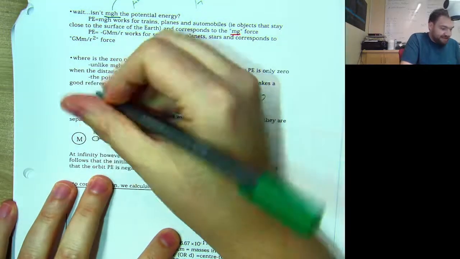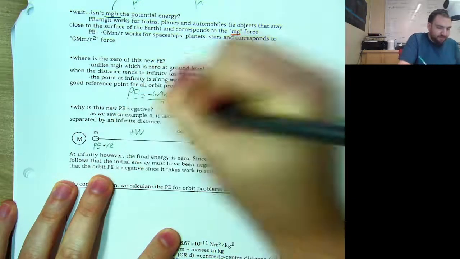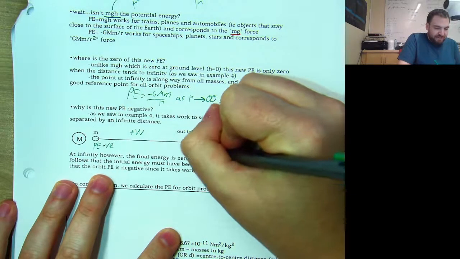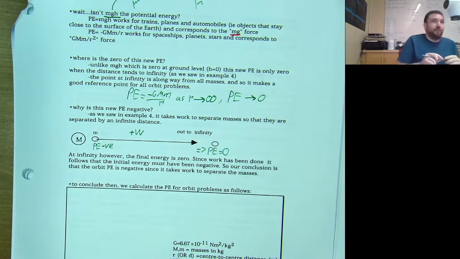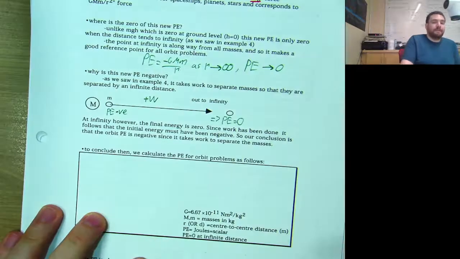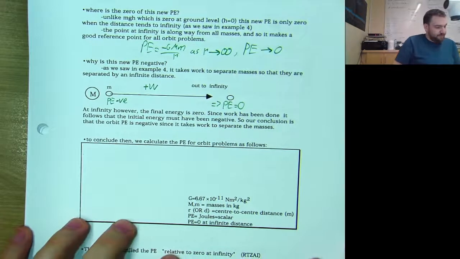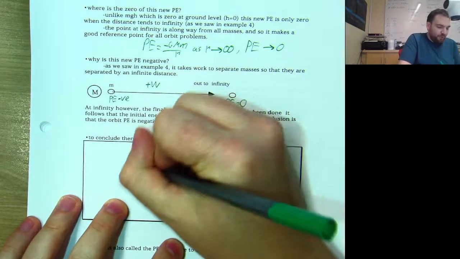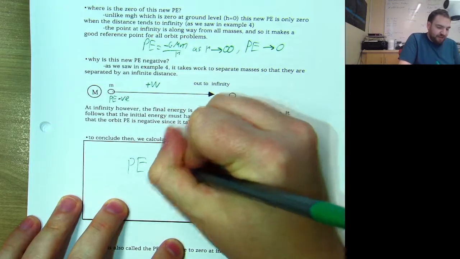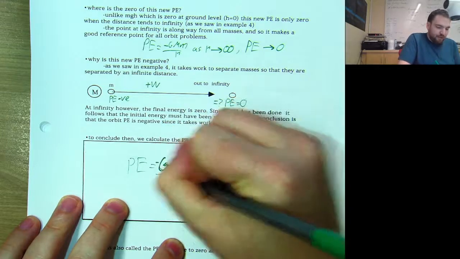Graphically, we can look at it like this. I've got negative potential energy. I'm adding work to it, which is going to give me a potential energy equal to 0. That's again weird. We're putting work into something to get it infinitely far away from an object. So all of these arguments give us this expression, which I've written down before. We're going to write it down again with some of this justification. Potential energy equals negative G, big M, little m, over r